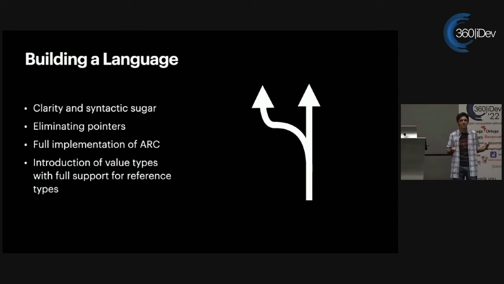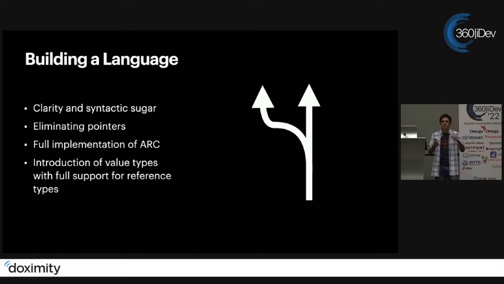Now that we have the idea of we're going to make something new, we decide, well, if we're making it new, make it better. So because we can do whatever we want, this is when we start to implement the more clear syntax. There's no more of those hard brackets absolutely everywhere within Objective-C. You're able to use this new closure syntax that just makes life easier. There are a million things that can now be done so easily just because we had the chance to erase the board and restart with something new.